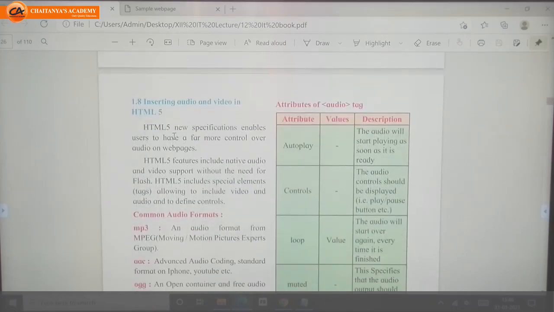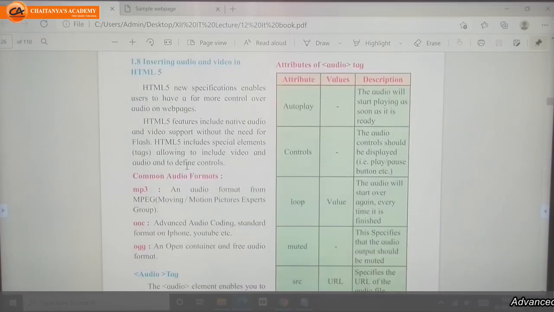Next, we have audio and video in HTML5. For this purpose, we need audio files. Audio files we can use with extensions like MP3, AAC, OGG. These are the extensions of audio files.